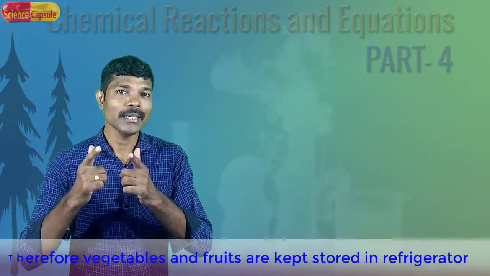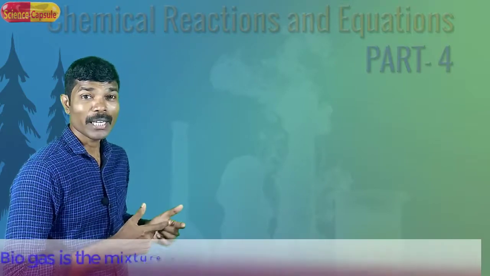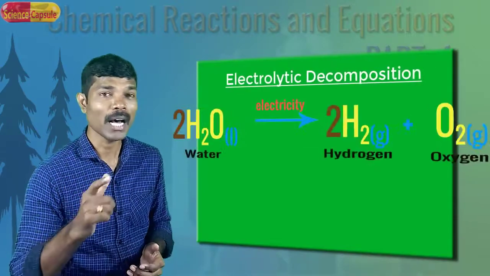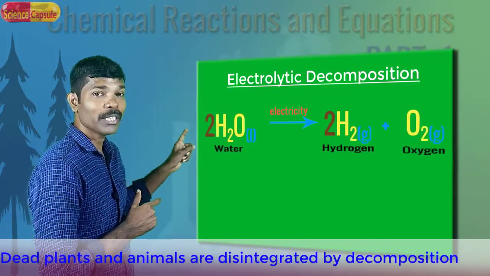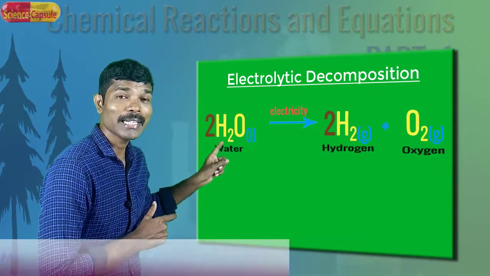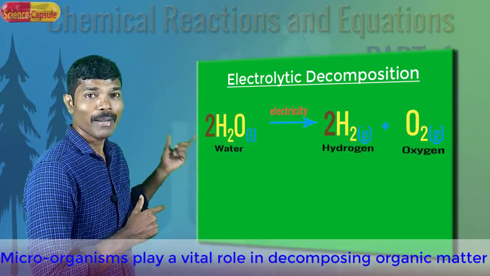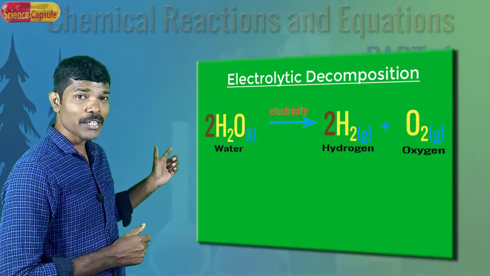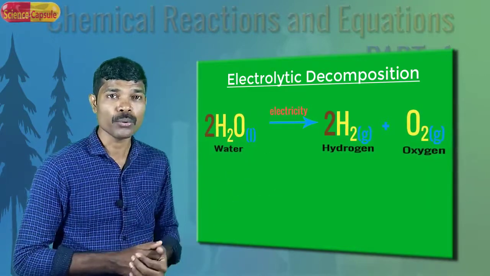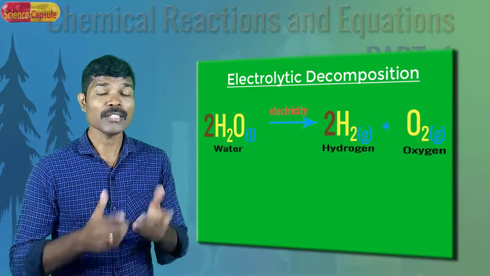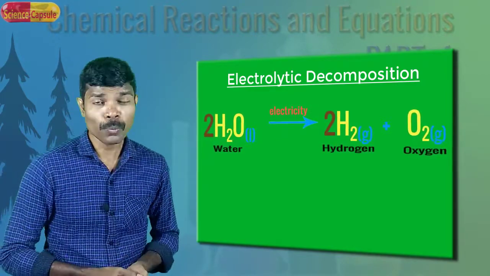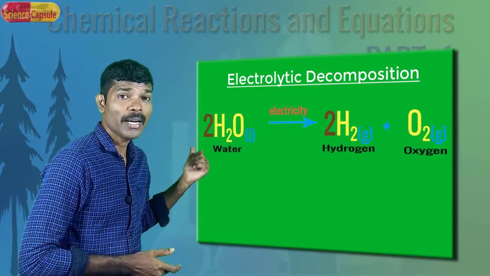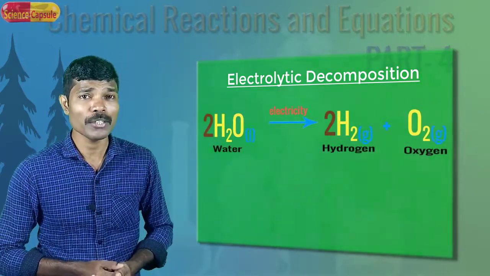Now we see what is electrolytic decomposition. Water undergoes electrolytic decomposition. As a result, hydrogen and oxygen gases are produced. Here you see water undergoes electrolytic decomposition only when electricity is passed through the solution. When electricity is passed through water, it splits into hydrogen and oxygen. In the reaction, you can see that there is a single reactant and the products are two. So whenever a reaction has a single reactant and two or more products, it is said to be a decomposition reaction. Here the decomposition is taking place under the influence of electricity,